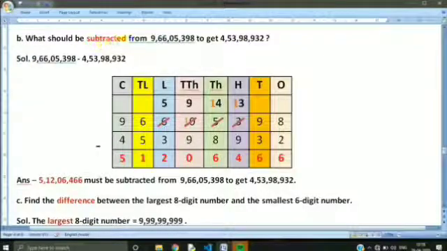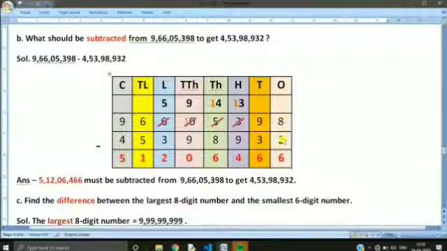By the word subtracted, it means we have to do the subtraction process. So we will be subtracting a smaller number from a bigger number. On representing all the numbers in the format, we will start our calculation from the lowest place value column. So here it is ones.